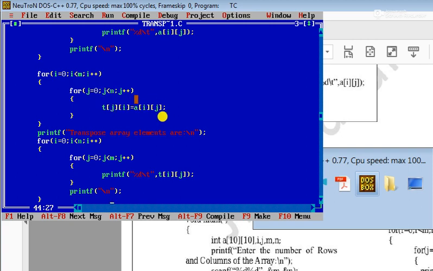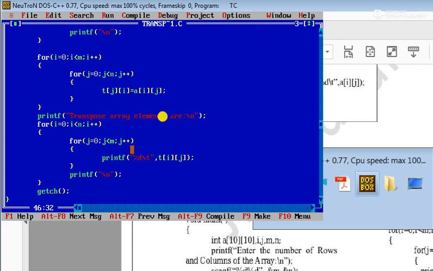Row into column, column into row, we just change both. Next, to display the transpose matrix elements, while displaying in rows, the first outer for loop is representing rows, and that one you display as columns. Here you have to change n, and for columns, the inner for loop, you change it to rows. So that rows will be changed to columns, columns will be changed to rows.